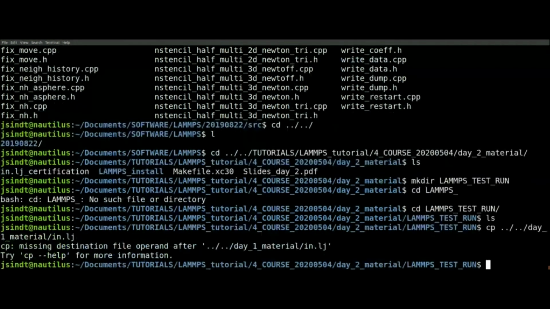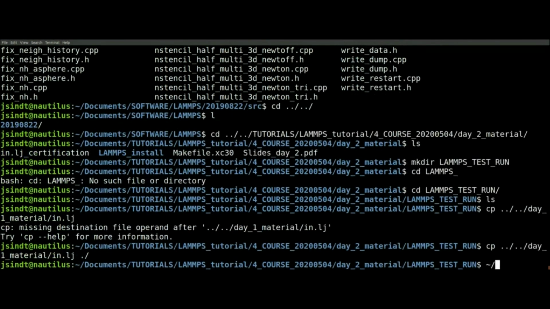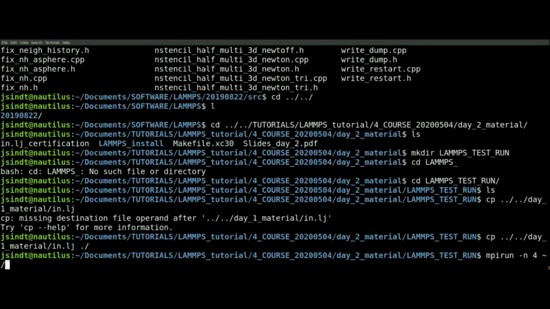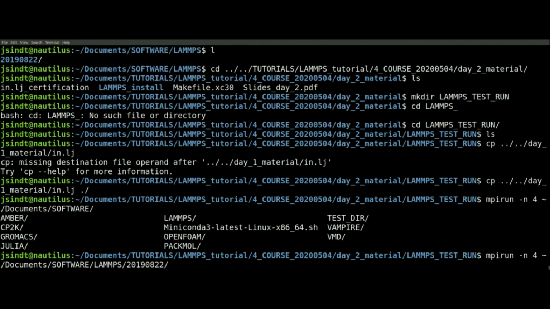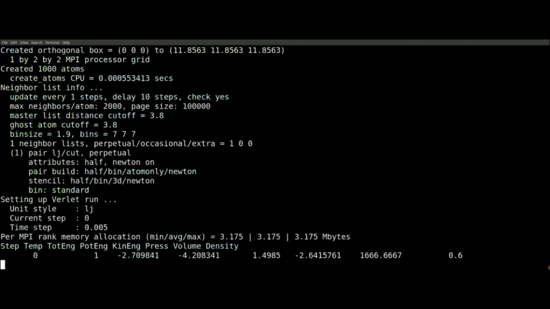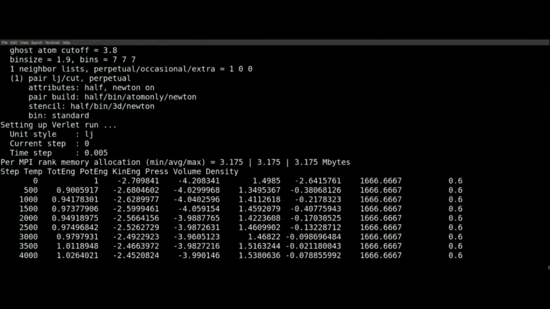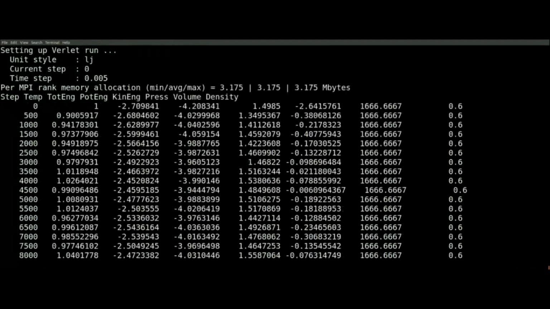Slash LJ to here, and then we will. So at the moment, I would like to first run a version of this, which still uses the LJ cutoff interactions, just so we've got something to compare against. mpirun lmp_mpi -in in.lj. This will be a bit longer than on Archer because, first of all, I'm using 4 processors rather than 24, and